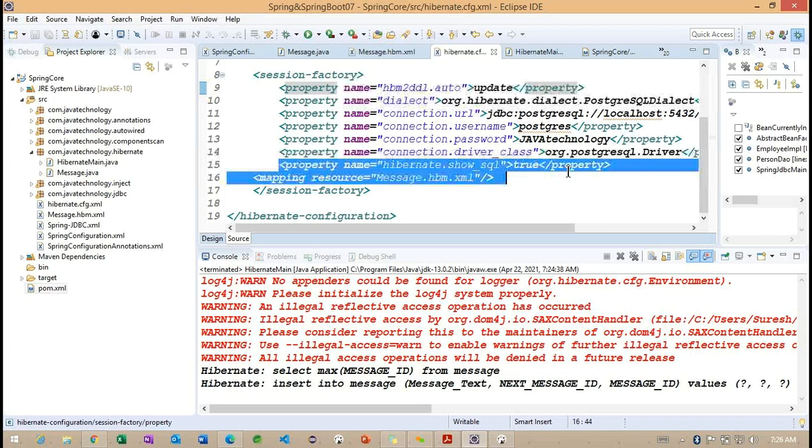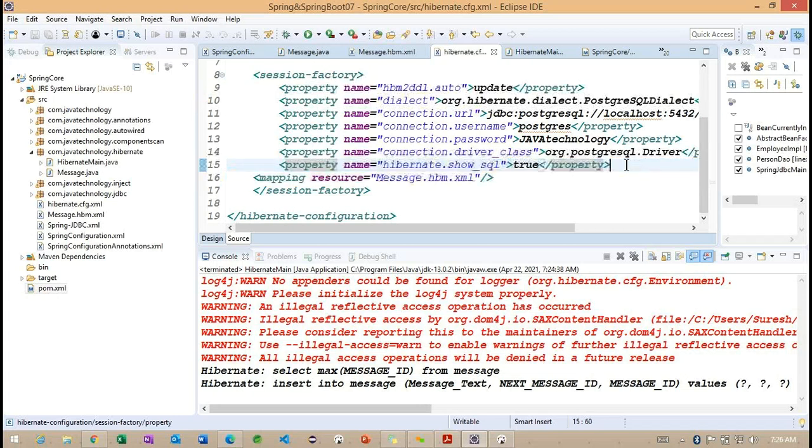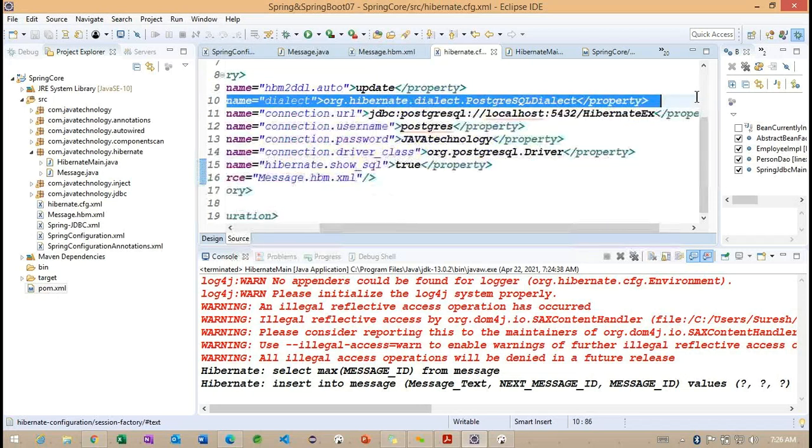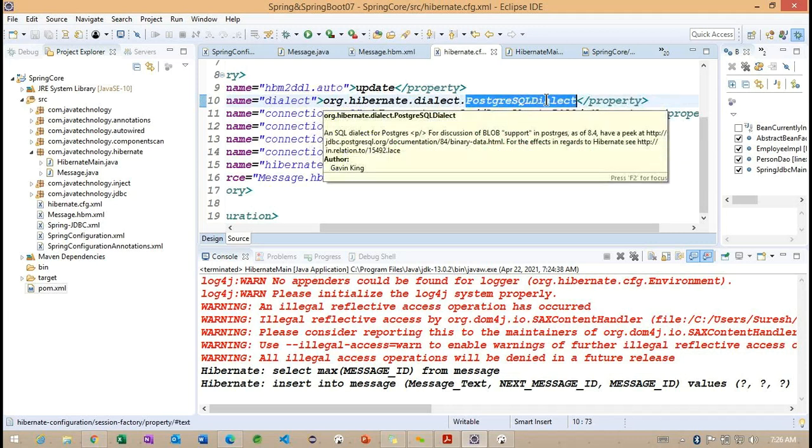And we identified why we are adding show_sql. And we need to check the dialect. Basically, the dialect is what generates the query information, whether it is HQL or SQL, based on the database. Now we are working on the Postgres database, so Postgres-specific queries are generated.